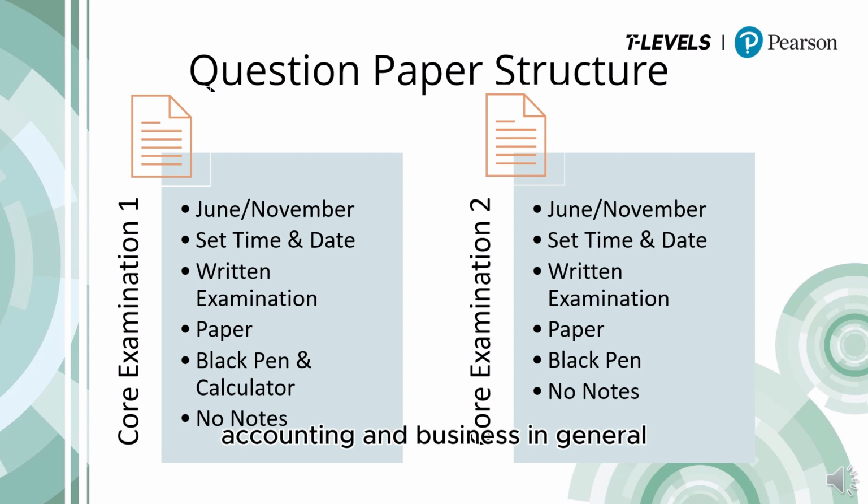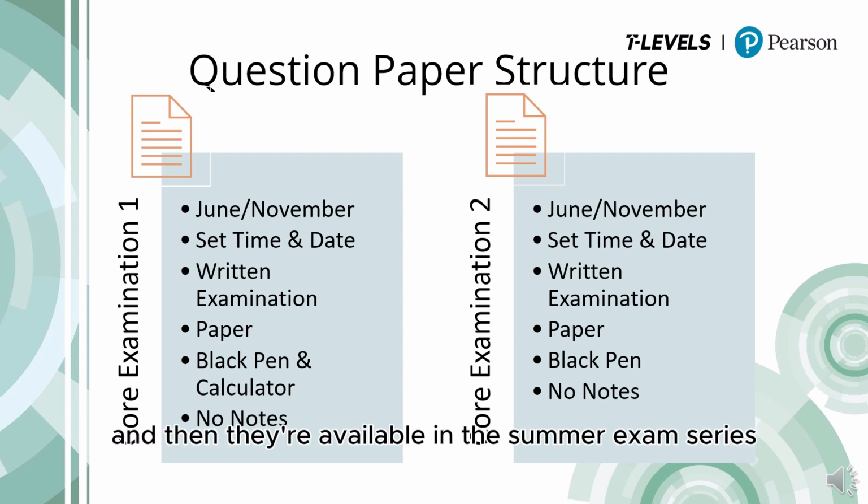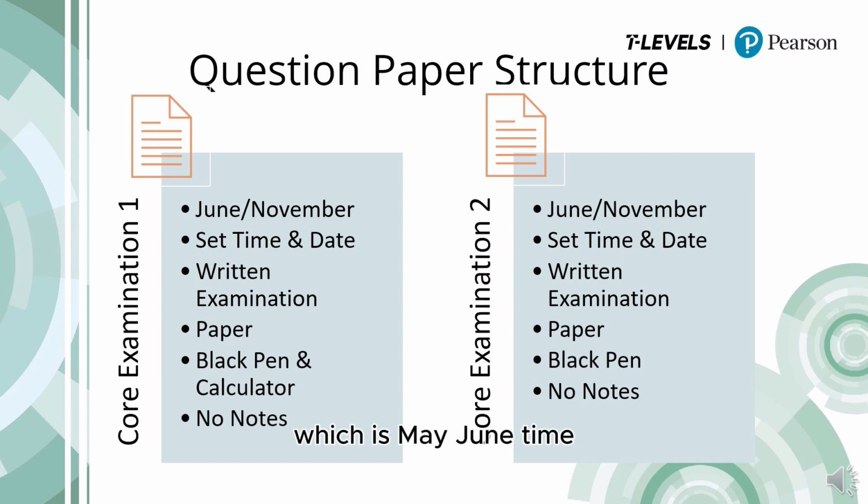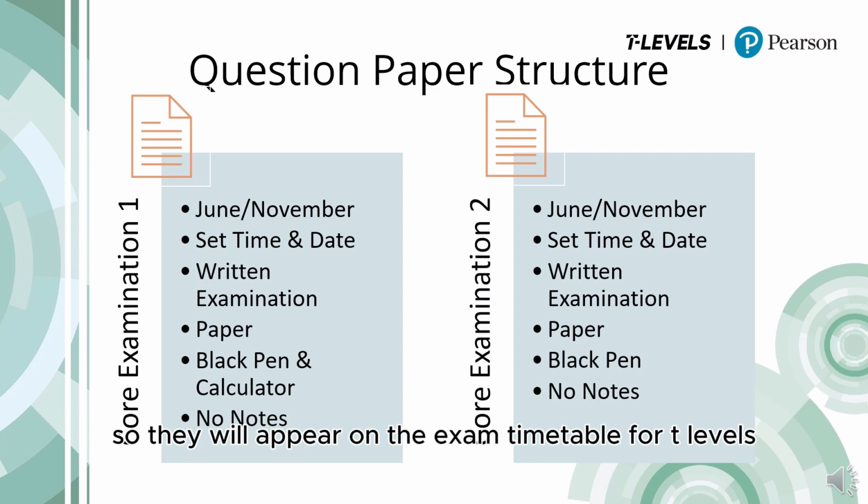business in general. So as you can see for both papers, they are both available twice a year. So they're available in the winter series, so November, December time, and then they're available in the summer exam series, which is May, June time. They will be on a set time and date, so they will appear on the exam timetable for T-levels, and